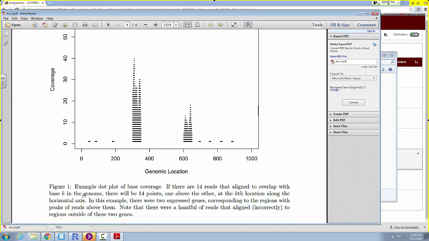14 reads base K in the genome. In this example, there were 2 expressed genes. So this is not exactly reflecting the setup in the problem, but you will have something like this. You have 3 locations where there's actually expression going on. Some of the time, when you get these little reads, you're going to align them back to the genome. You may not align them to the correct place. So these over here are incorrect